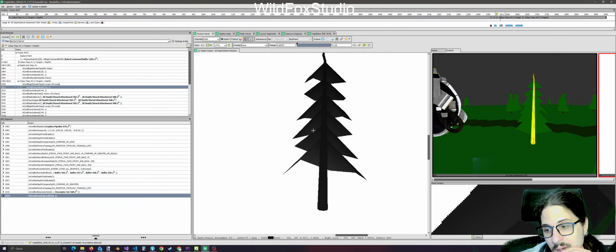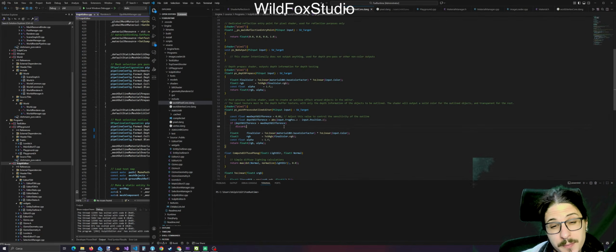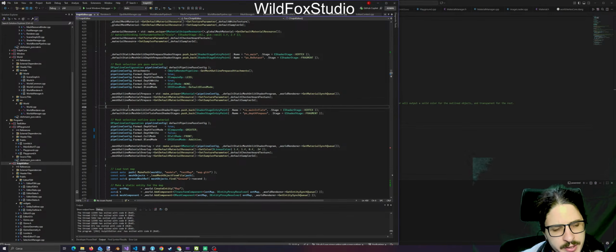So we could also have some outline which, I don't know, it could still look cool. Kind of a silhouette shader. I wanna see it in action before judging it. So,